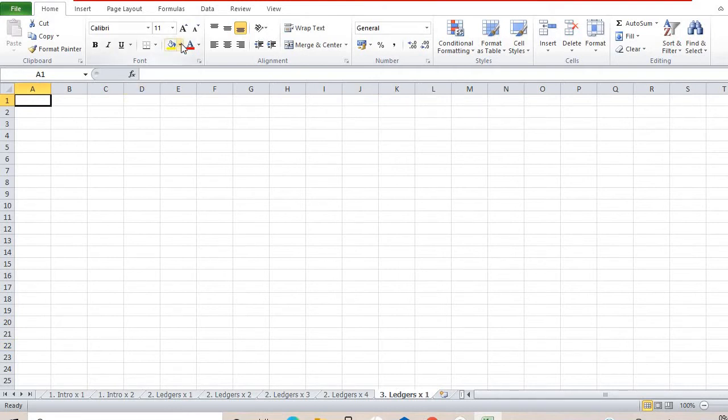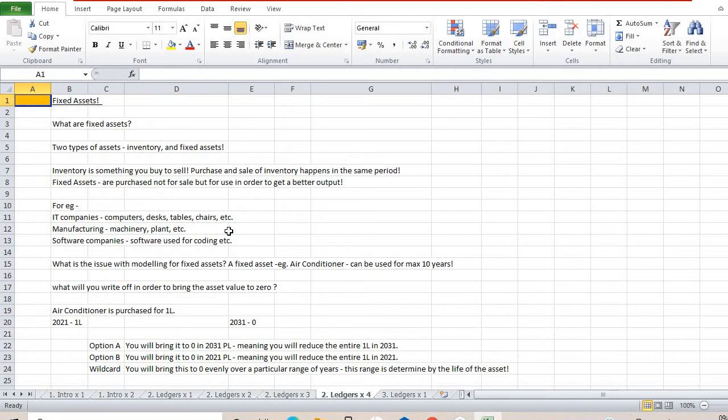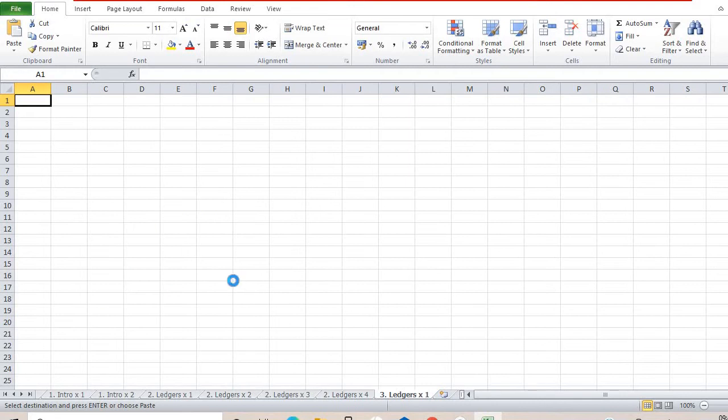So let us start with something that is a lot more salient, a lot easier to understand, and something that is probably the first thing that a business needs in order to start functioning. I'm going to use the same color coding that I used for the previous chapters. So for capital, I'm going to put an orange there and call it capital. The idea behind this is to first show you how capital is modeled on a balance sheet.